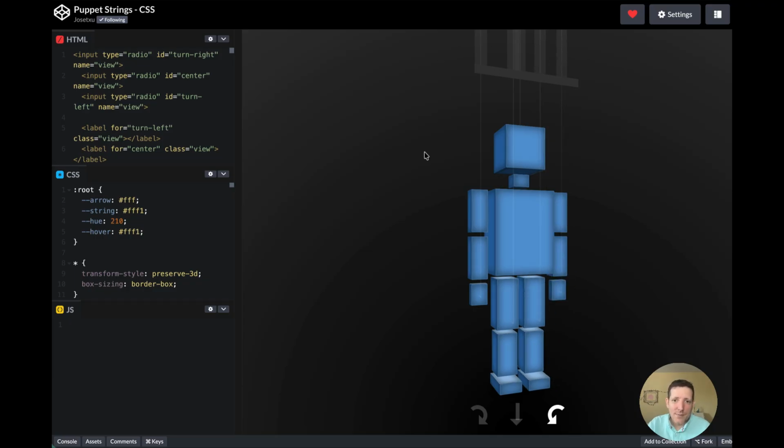But remove it from the list. No, just kidding. I think it's amazing what you can do. People like him or Amit create amazing 3D things with CSS, and I look forward to see what he